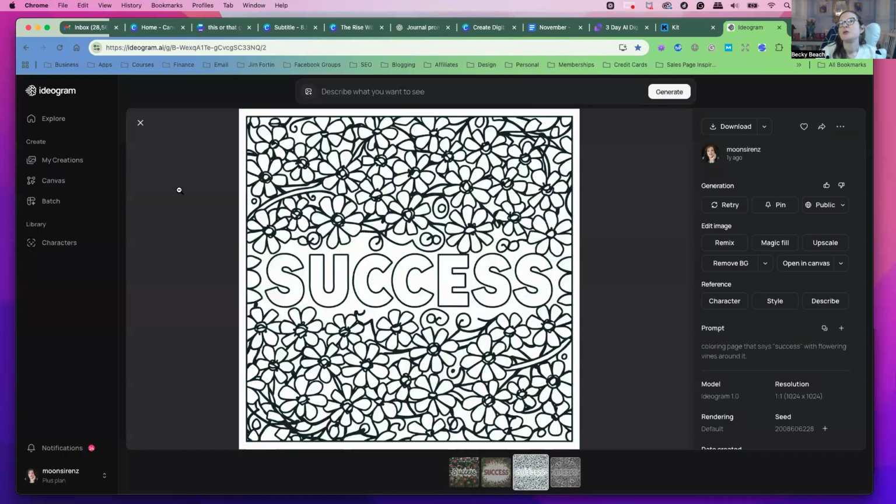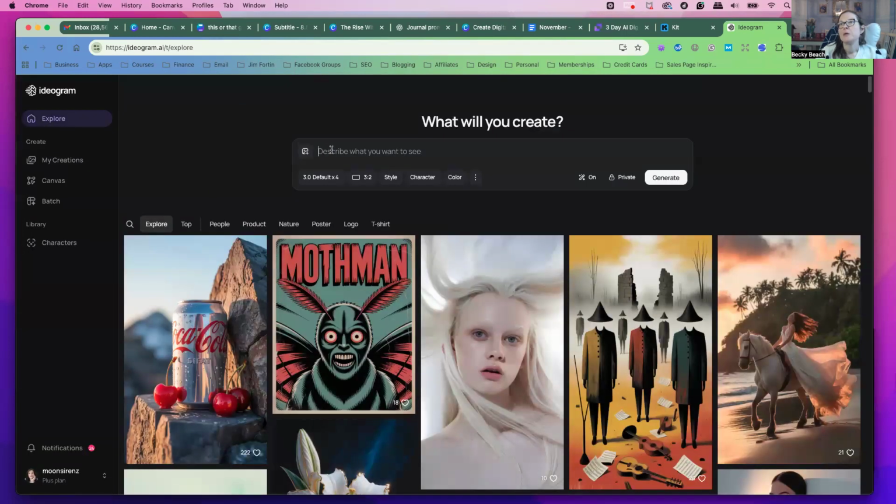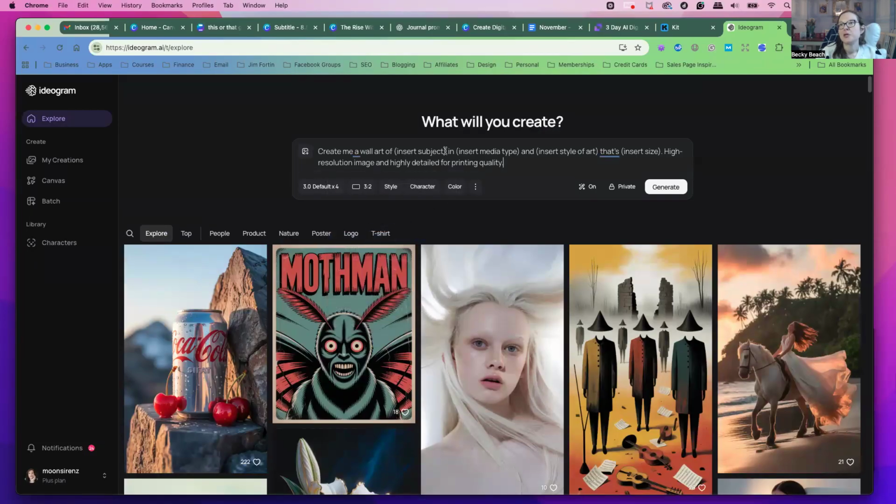and you can decide. It only has a paid plan. In the past, it was free. But if you don't want to pay for anything, you could just use ChatGPT to do this for the prompt. But I just don't have the time to spend and wait for it. It takes like a minute or so to finish the graphic, or even longer sometimes. So what should we make our wall art of?